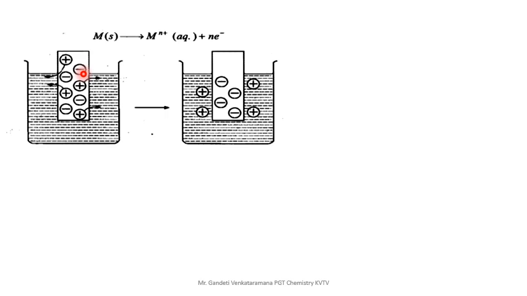So this is called oxidation. This process is called oxidation. When metal converts into the metal ion and electrons are released, loss of electrons is called oxidation. Otherwise, increase in oxidation number is also oxidation. All of you already know the definition of oxidation and reduction. I'm just trying to apply the definition to this diagram.